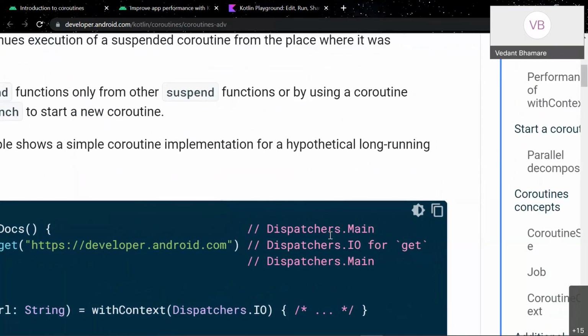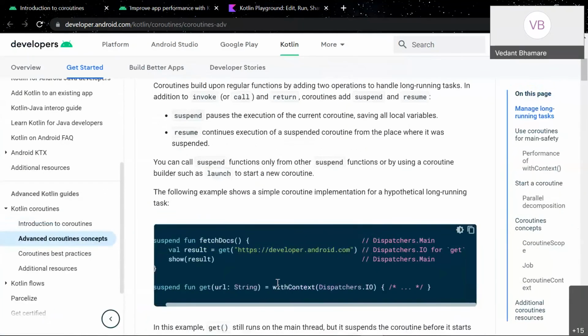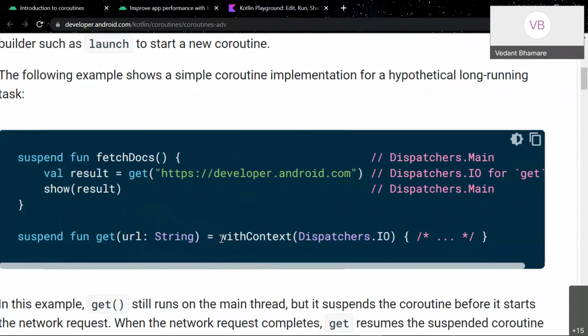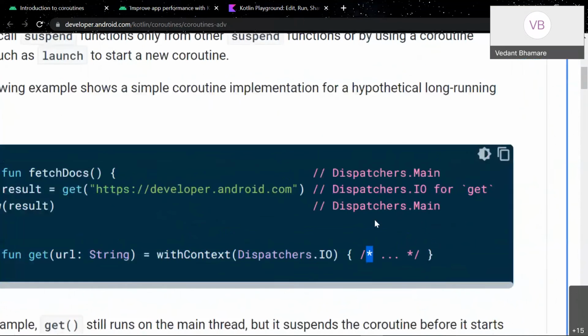So now you want to give the data to the UI thread, and you would switch your context. Currently you were in, say, thread number 1 and now you want to switch to the main thread. So you would use withContext(Dispatchers.Main), and under this, in curly braces, you would write the code to update the UI because you got the data from over here. That is what a dispatcher is used for.